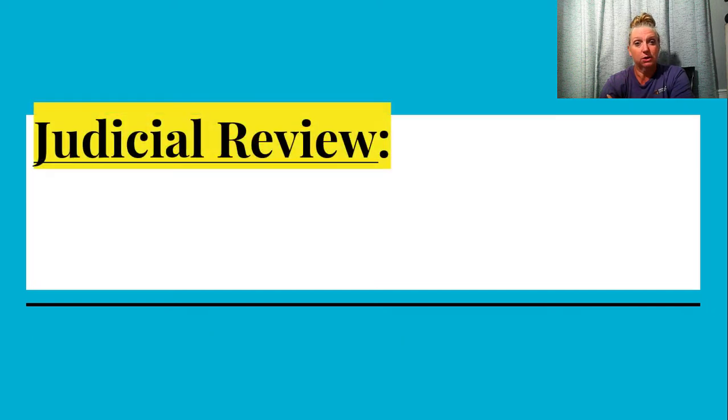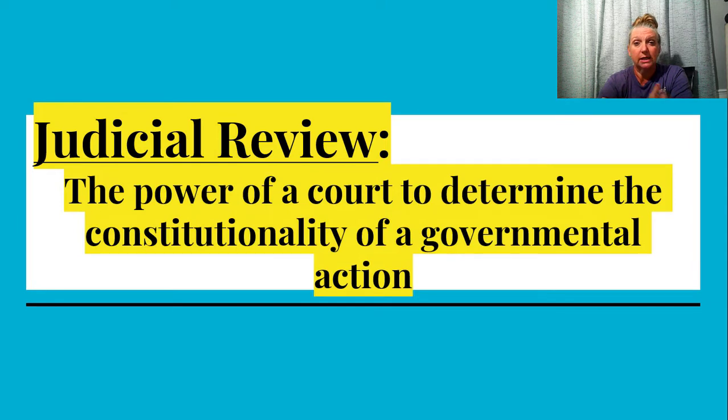Our second principle is judicial review. This one sometimes shows up on lists and sometimes doesn't. Just be aware if you ever are looking at other lists, some people do not include judicial review as a principle of the Constitution. So judicial review is just the power of a court in the United States, that would be the Supreme Court, to determine the constitutionality of a governmental action. So this is where the Supreme Court gets to determine whether or not an action taken by one of the other 2 branches, the legislative branch, the lawmaking branch, or the executive branch, the enforcement branch, is in line and agrees with the Constitution of the United States.